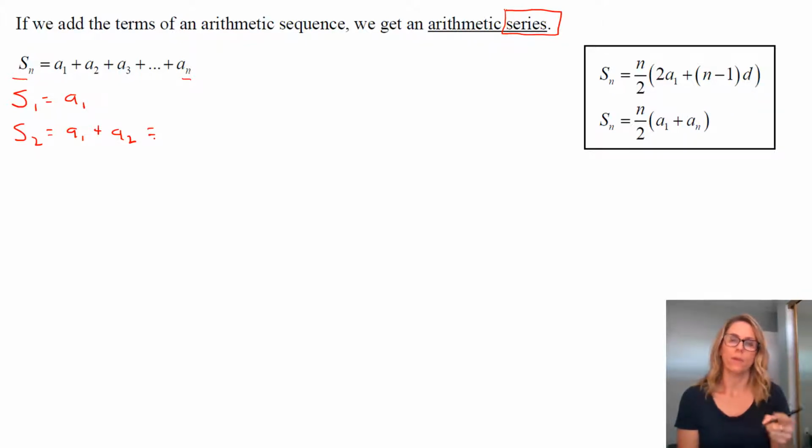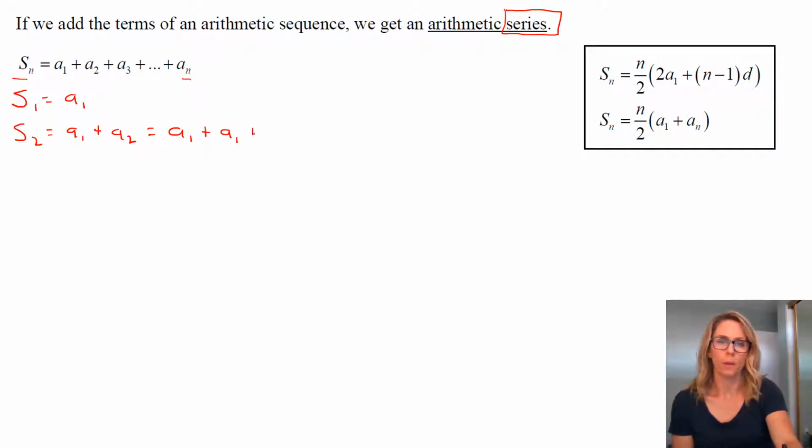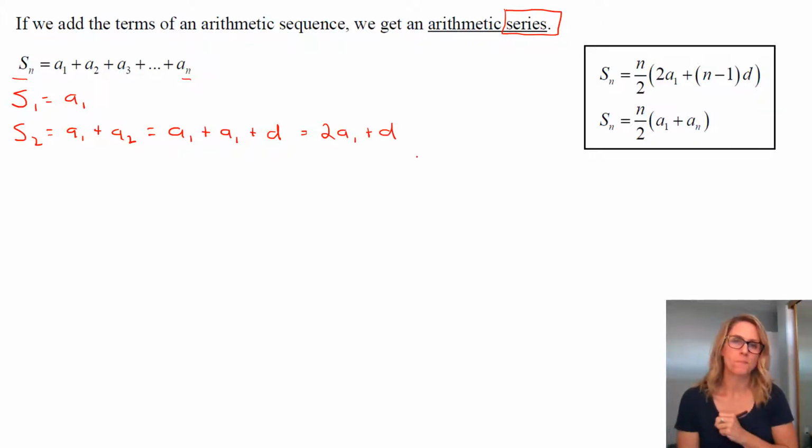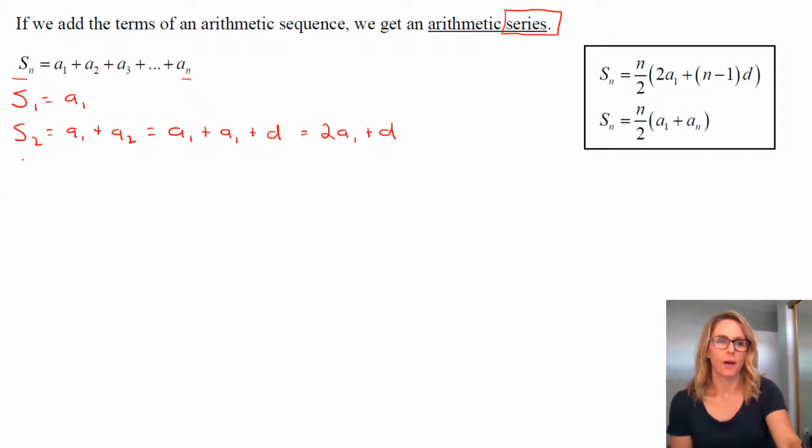But we want to think about the fact that because this is an arithmetic sequence that we're adding the terms together of, a sub 2 is just a sub 1 plus d. So that is 2a sub 1 plus d. Okay. Now s sub 3, the partial sum of the first three terms